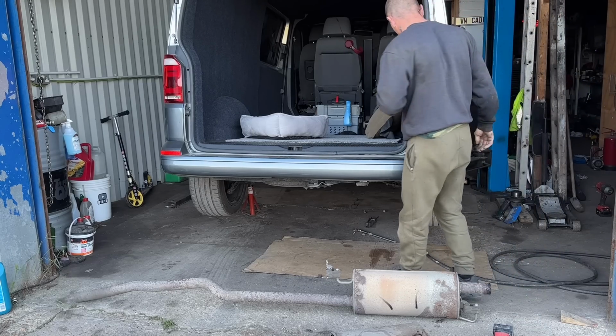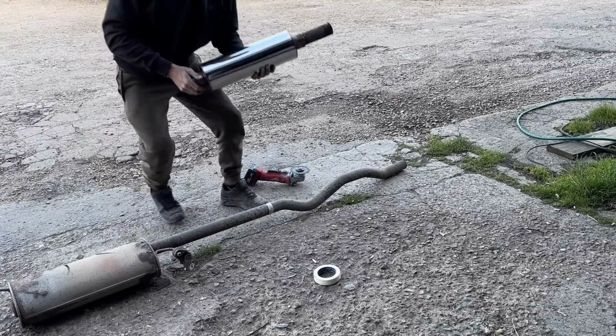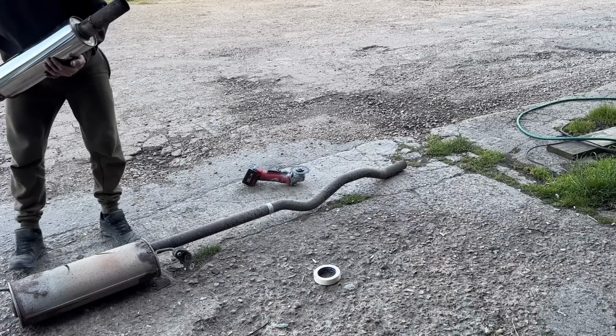Let me work some stuff out. We'll see what I can come up with. So it's not too bad. What happens with the exhaust is...